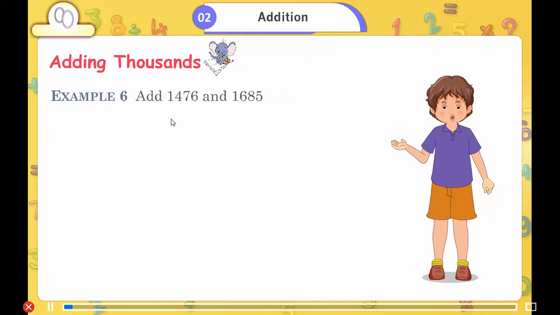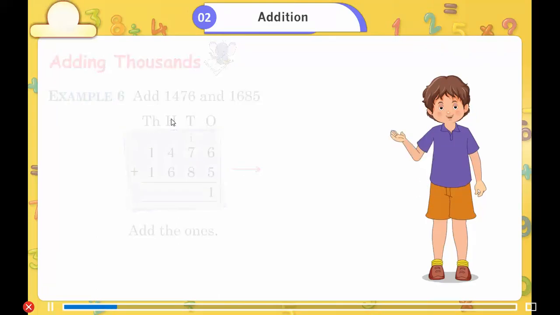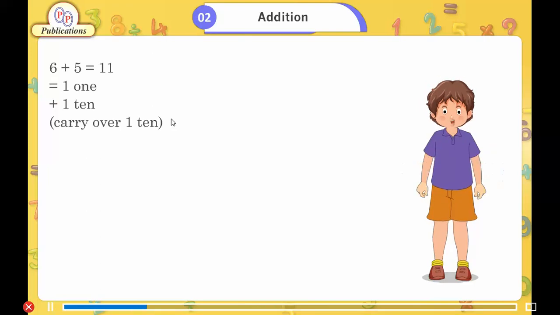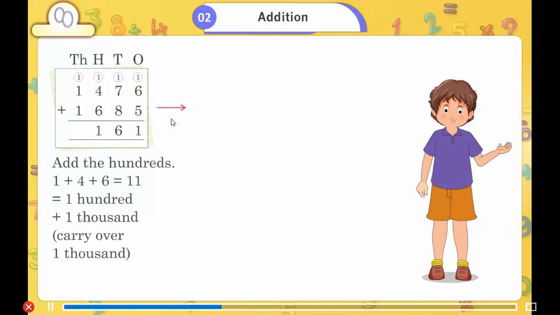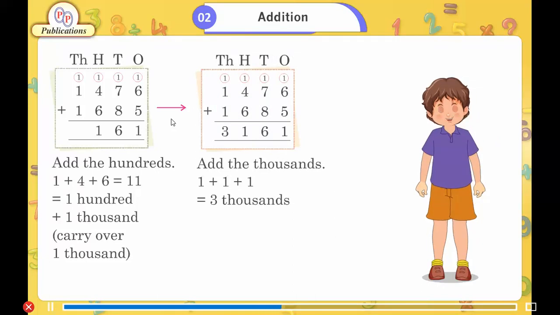Adding thousands. Example 6. Add 1476 and 1685. Add the ones. 6 plus 5 is equal to 11, which is 1 one plus 10. Carry over 10. Add the tens. 1 plus 7 plus 8 is equal to 16, which is 6 tens plus 100. Carry over 100. Add the hundreds. 1 plus 4 plus 6 is equal to 11, which is 100 plus 1000. Carry over 1000. Add the thousands. 1 plus 1 plus 1 is equal to 3000s. Answer